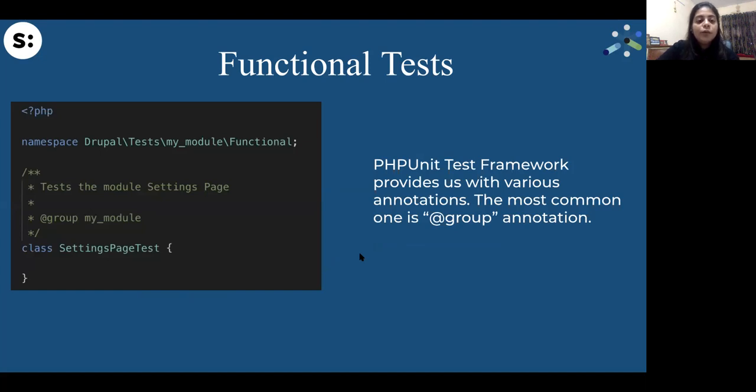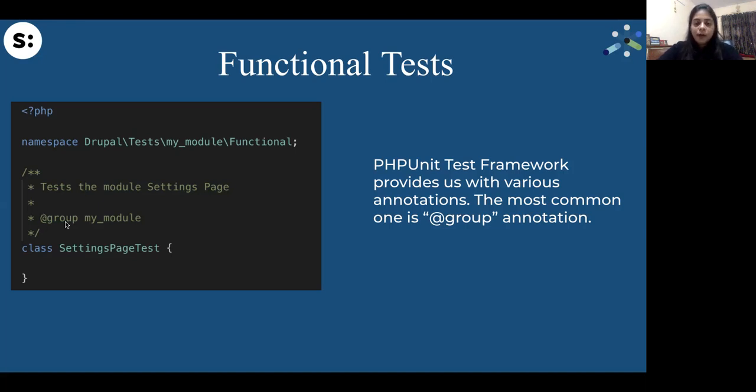Before moving on to the example of a functional test, there are a few things that we need to learn first. There are a few annotations that are provided by the PHPUnit test framework. These annotations are helpful in various ways. The most common one that you'll find around is the @group annotation.